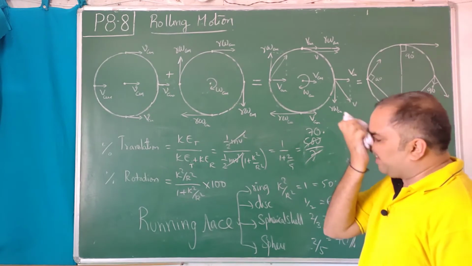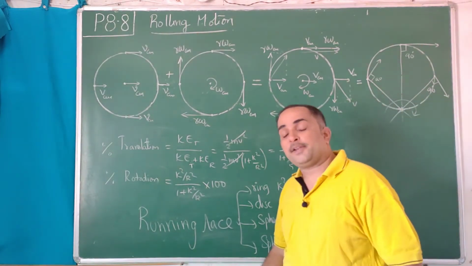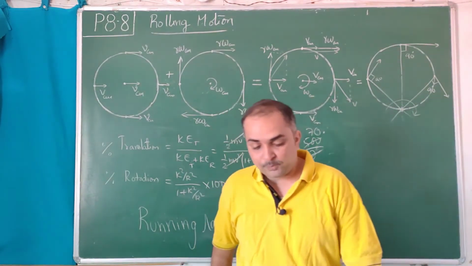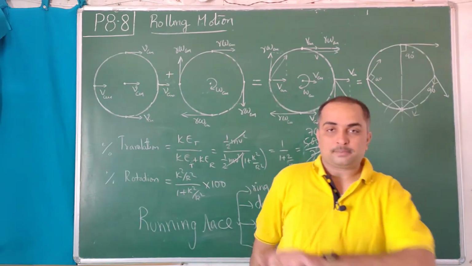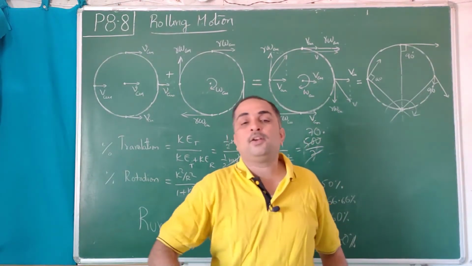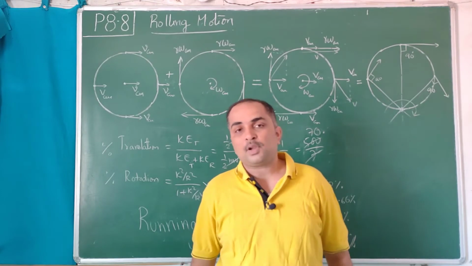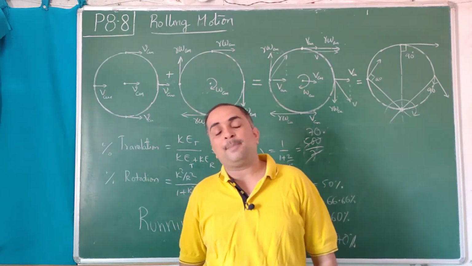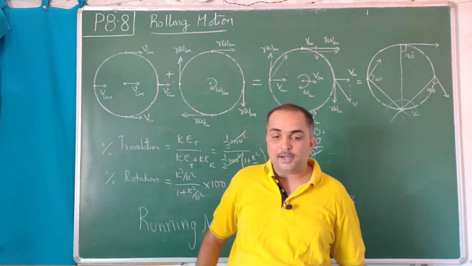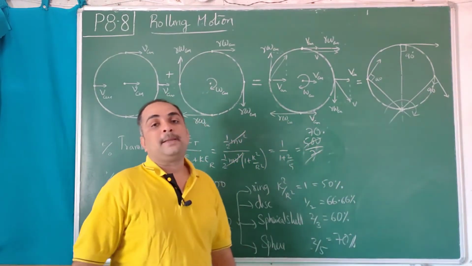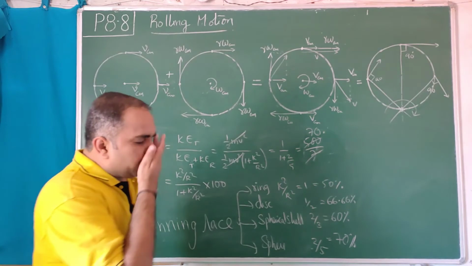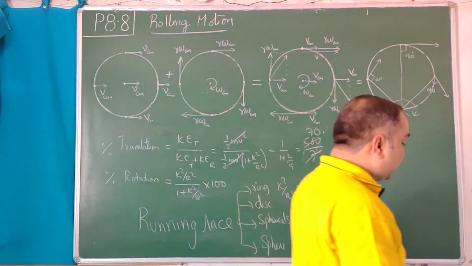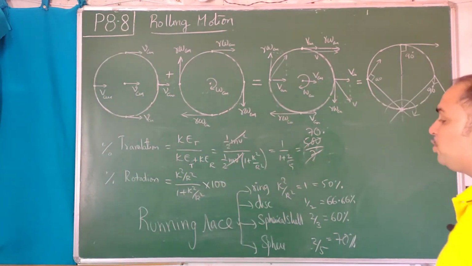Even when you see the gas cylinder in your house, when it is empty, you try to kick it, keep it horizontal and kick it. It will not roll properly. Whereas when it is newly brought and full of liquefied petroleum gas, LPG, kick it, it rolls much more smoothly. Why? Because it has more moment of inertia, or more translation. Solid spheres will have more translation.